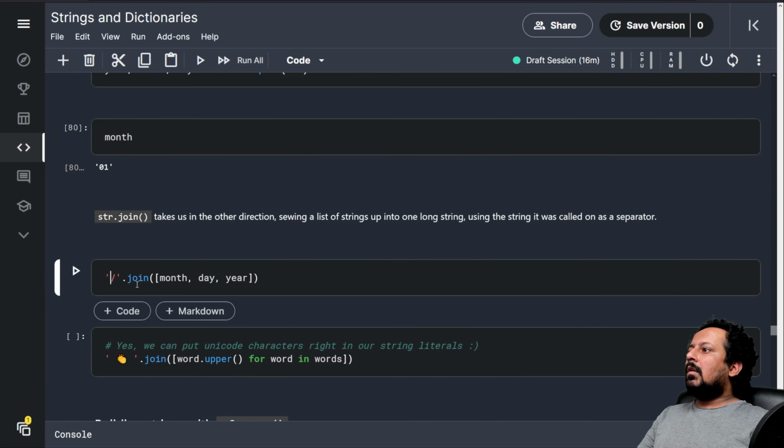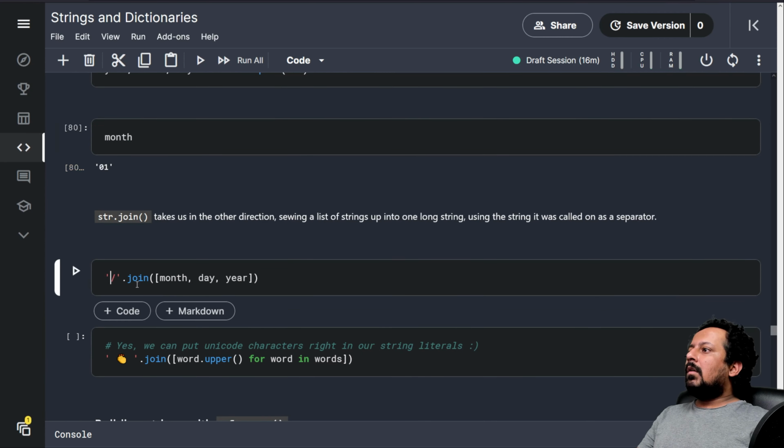Now comes join. You can do some character dot join, and then a list of strings. If you do it like this, you have added a slash between everything in this list. Let me take this one and put it right here. Here I have 1956, 01, and 31.